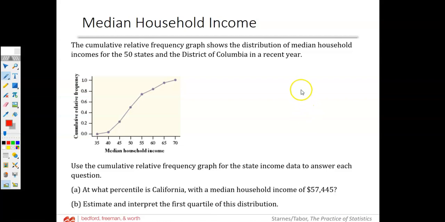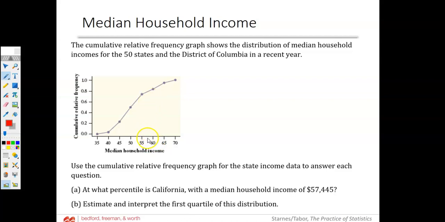So here is the median household income for the 50 states in a recent year. Use the chart to answer the questions. At what percentile is California with a median household income of $57,000? I would expect California to be higher than a lot of states because it's a very high cost state to live in. So 57,000